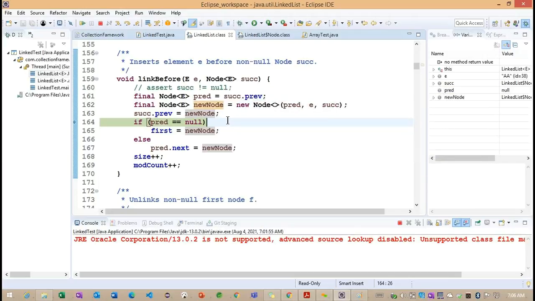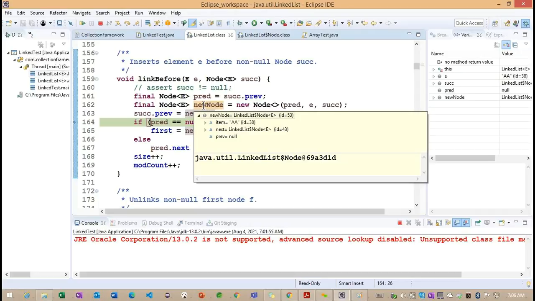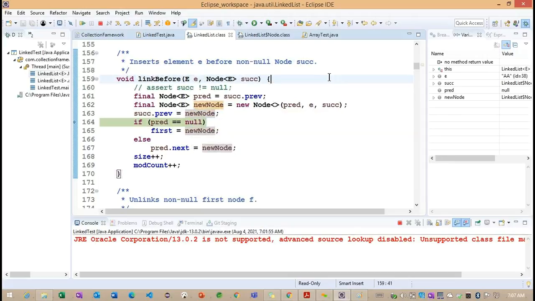Previous and next. So what is the first node here? This is the new node, whatever new node we created, so this is placed as the first node here. The first node, you can see, does not contain any previous node reference. It only contains the next node. So this is the way the index add method is going to work.